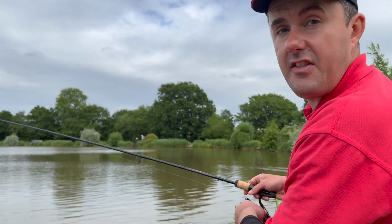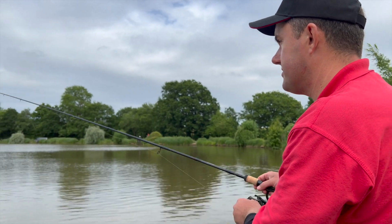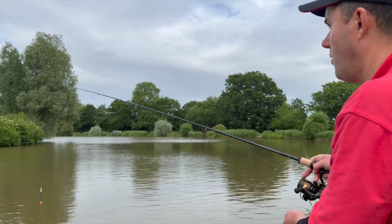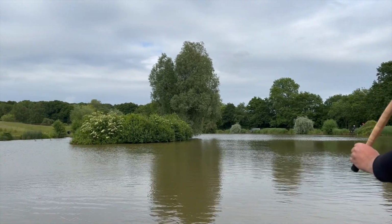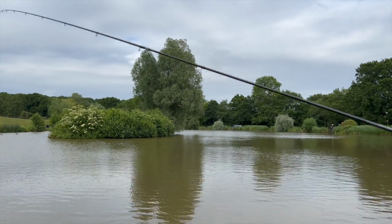I'm a bit concerned that at venues where the fish haven't spawned yet, to be honest. I think they might spawn this weekend because it's getting to that time and that water temperature is getting to the point where it's absolutely prime for